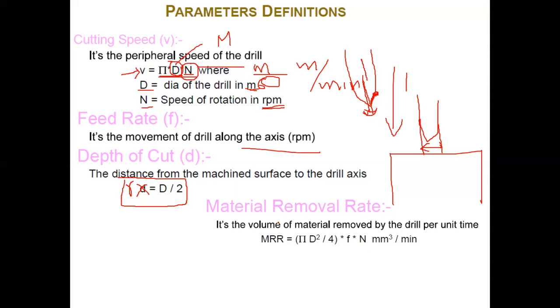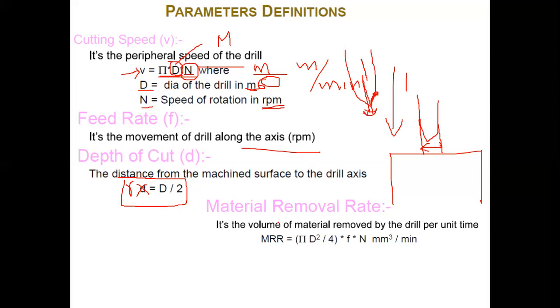N is the number of revolutions the drill is making in unit time, or in a minute. Pi d square by 4 is the cross sectional area of the drill, and f is the feed, how much depth the cutting tool goes in unit time. N is the number of revolutions. So pi d square by 4 into f into n will give you the material removal rate in mm³ per minute,